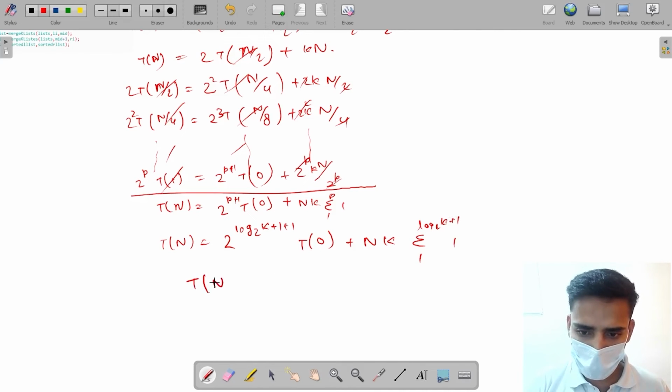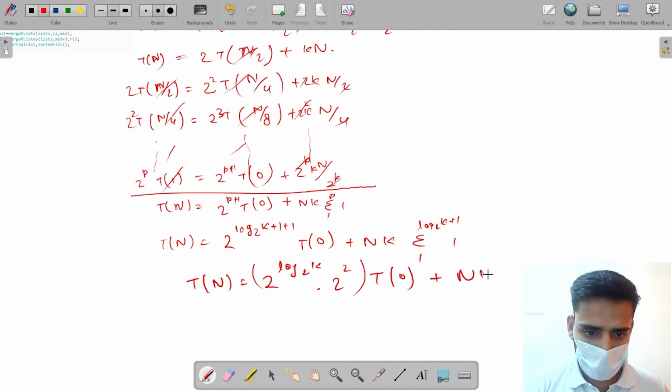So T of n equals twice of log 2k plus 2. Actually we can write this plus 2 into 2 to the power 2. So let me erase this. We can write this 2 to the power 2, into 2 to the power 0 plus nk, and it will give us the value log 2k plus 1. Okay, this is done. Now what we have to do,